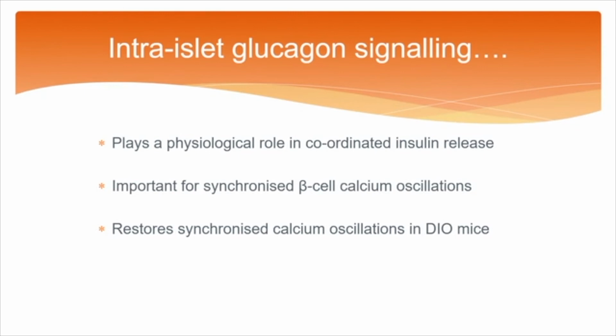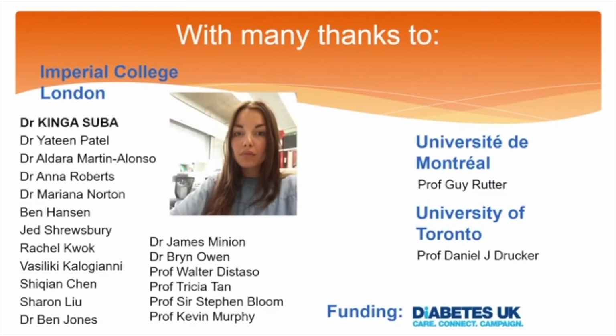So in conclusion, I hope I've persuaded you that intra-islet glucagon signaling is important for the physiological release of coordinated insulin from the islet. It's important for synchronized beta cell calcium oscillations, and in the setting of type 2 diabetes can restore synchronized calcium oscillations. And with that, I will very briefly thank all of my mentors and collaborators at Imperial College and beyond,